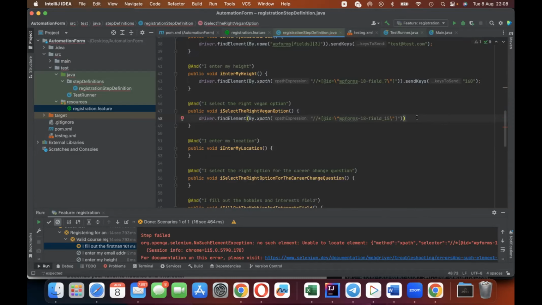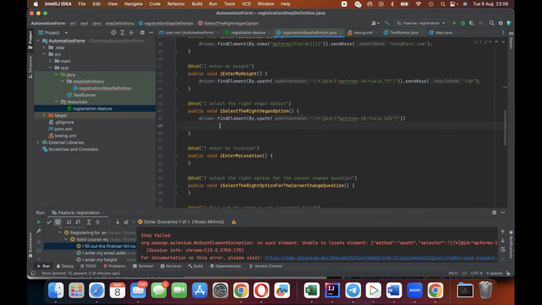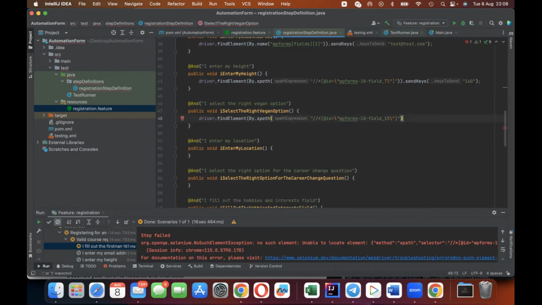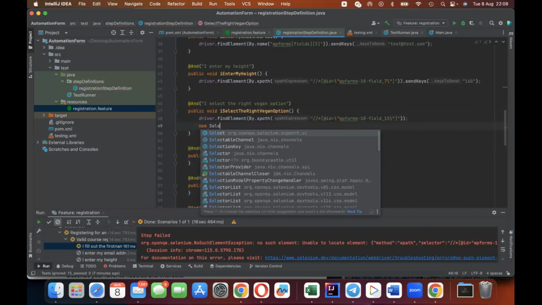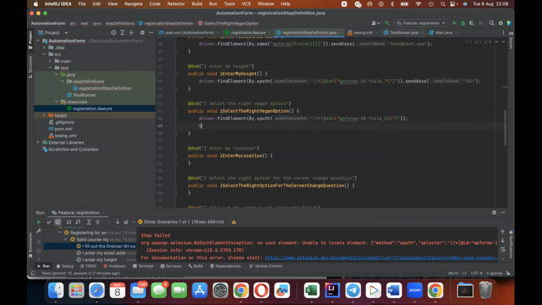And then I need to, it's going to come out as a string. Right. So once I have specified this one here, I need to then declare the select